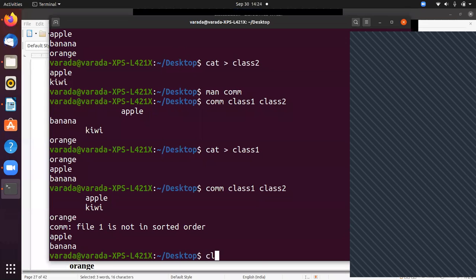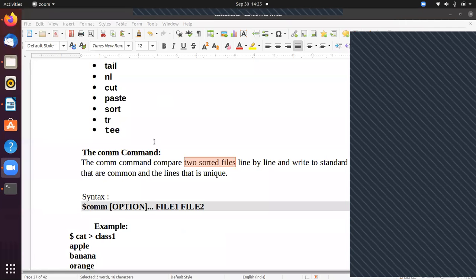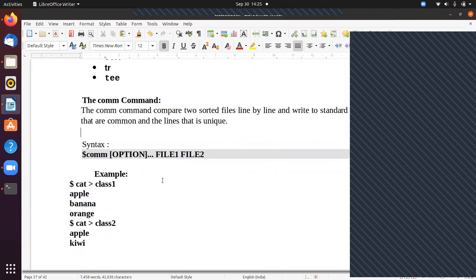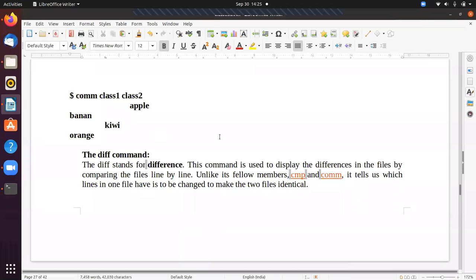Okay, so this is about the comm, compare command. Does anybody have any doubt in this command comm? Okay, the next one is